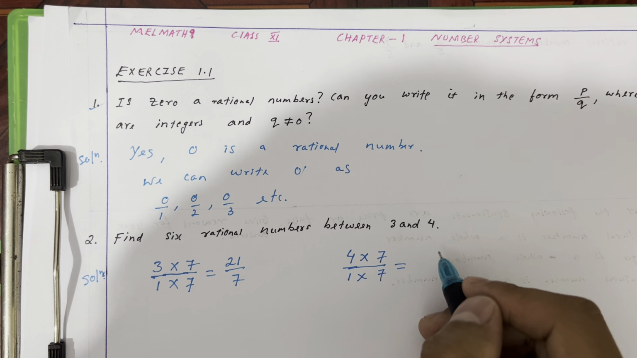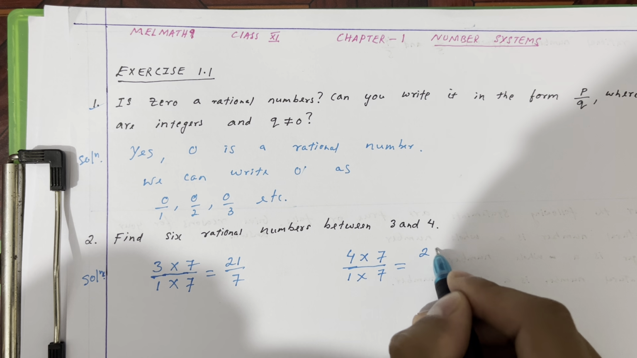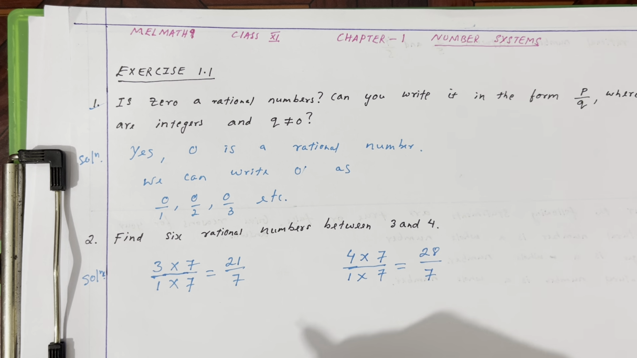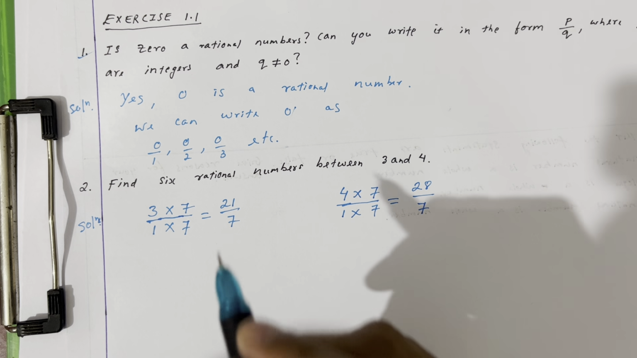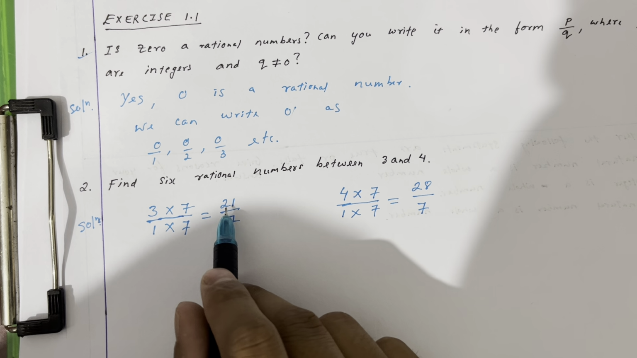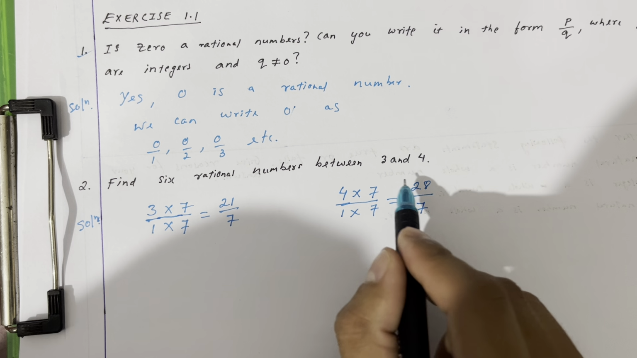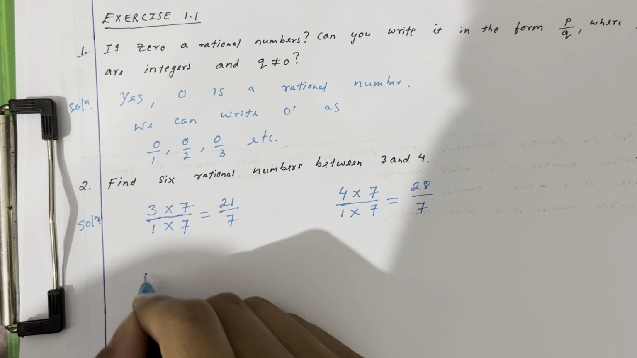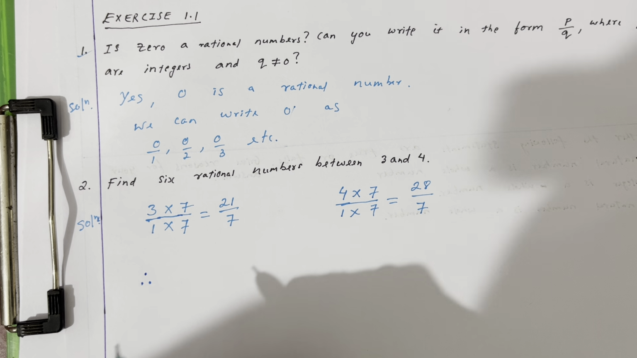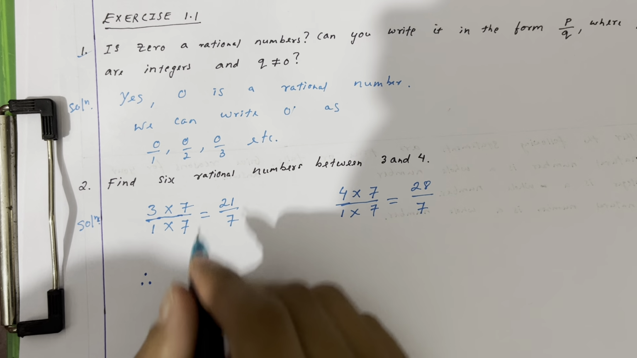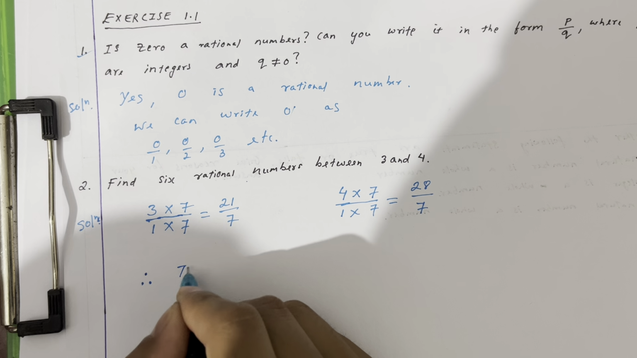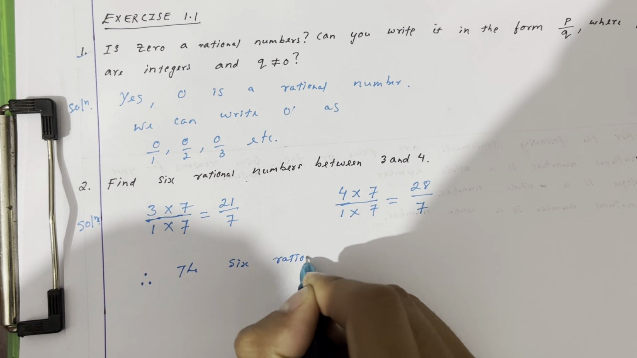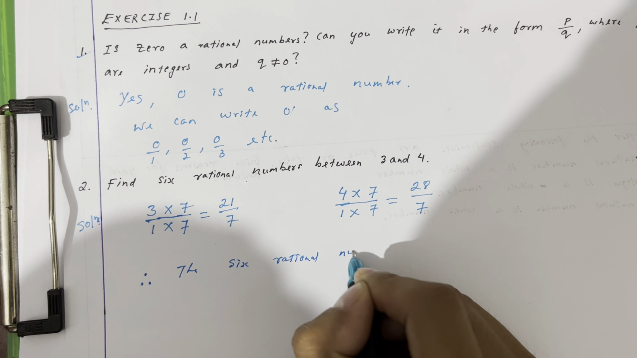4 into 7 will be 28, and then 1 into 7 will be 7. Okay, till here. Then here we got 21 by 7 and then 28 by 7. Now just simply write here, therefore the 6 rational numbers